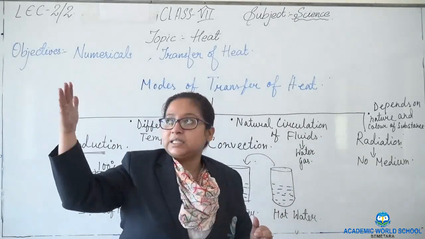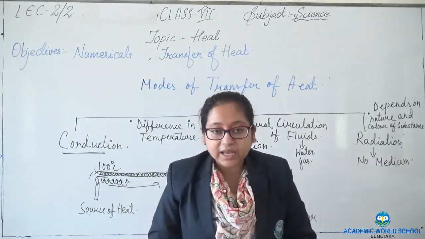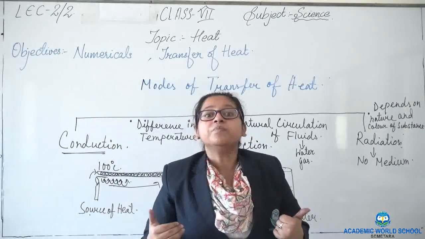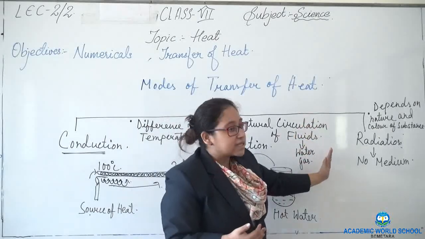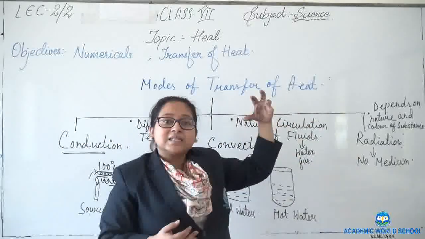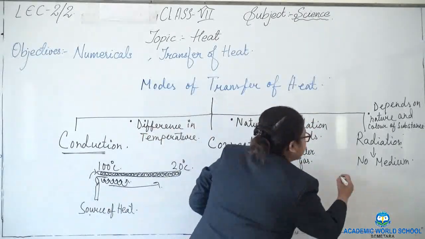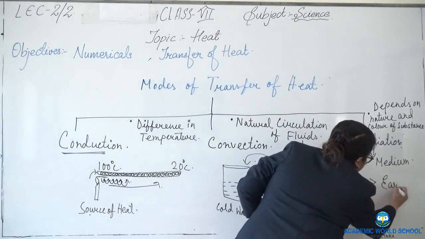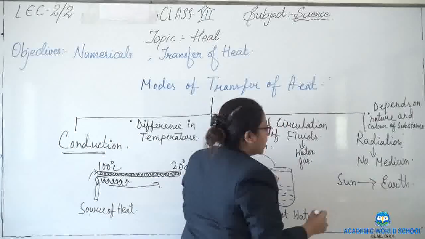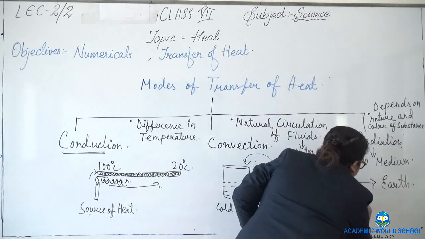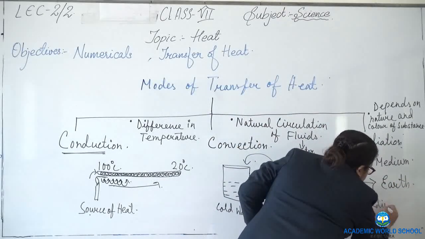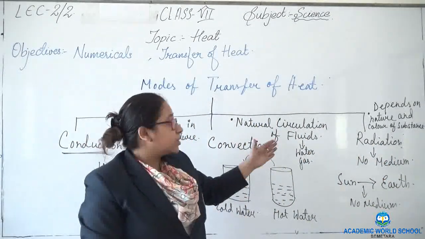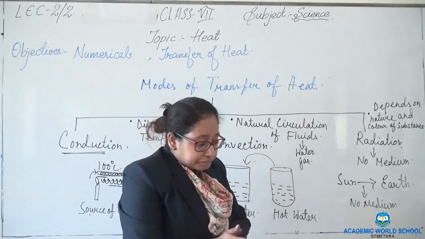Just think about the light. We are having tube light and we can see the light here. How we are getting this light? This light is passing through waves. Same way in case of radiation, what happens? We are having sun here. Sun is giving its rays to planet Earth. In between there is no medium to bring these rays. This is what happens in radiation.